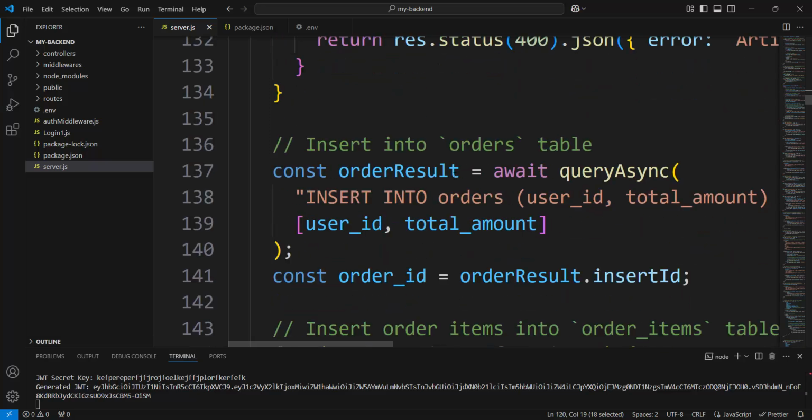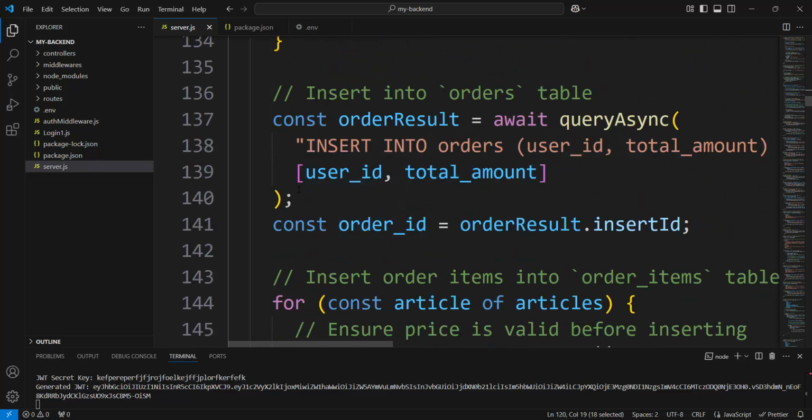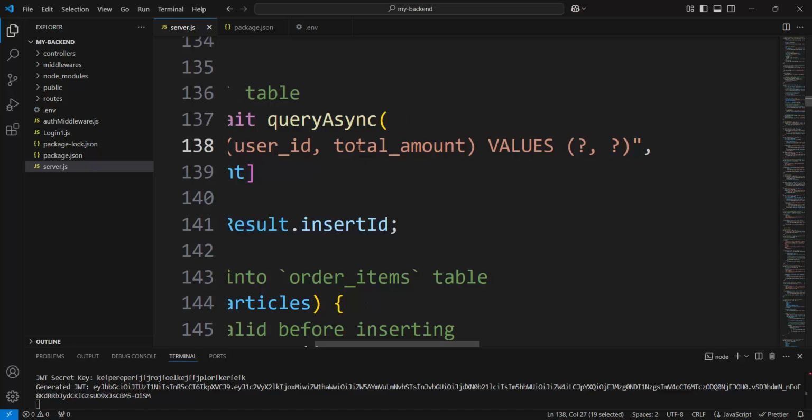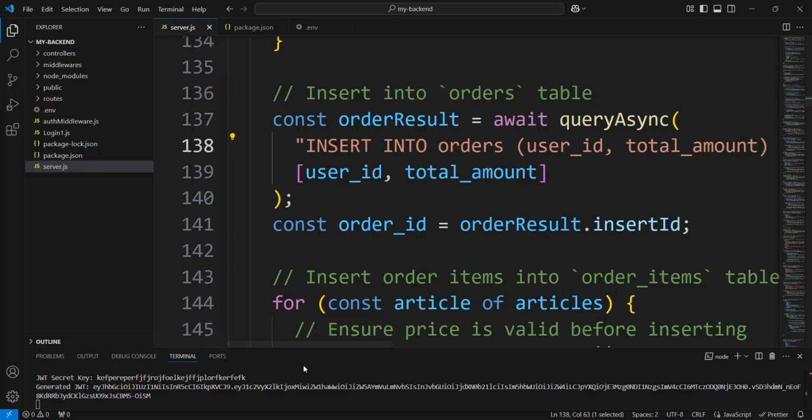A lot of control and insert into orders. At first, we must insert into orders. What do we insert into orders? User ID, total amount, values, question mark, and the values in the second argument, sending concretely only data, user ID, total amount, instead of the question marks. It is inserted into orders. Always the order ID would be returned